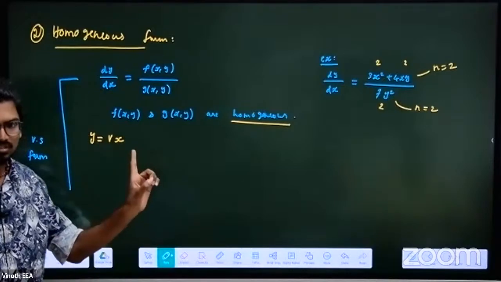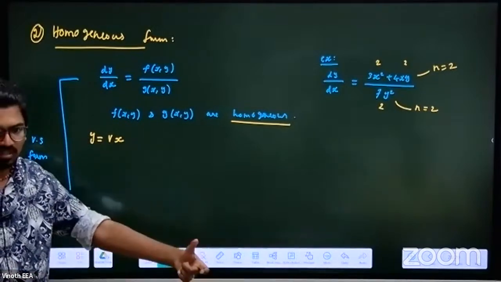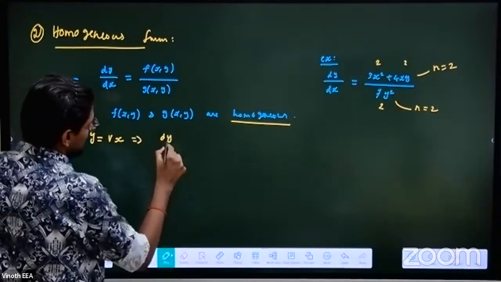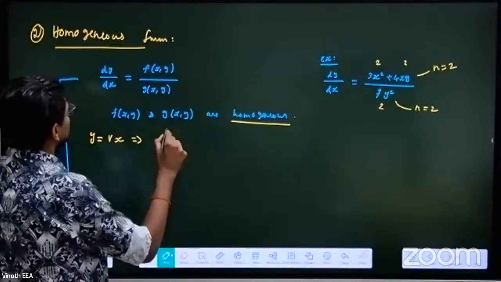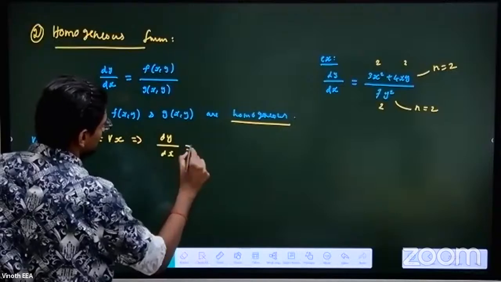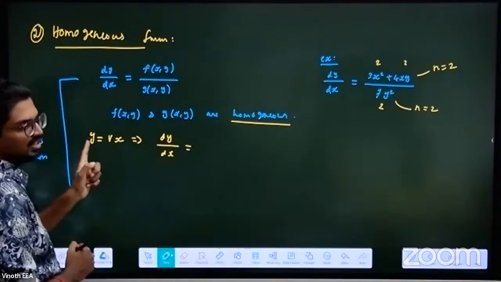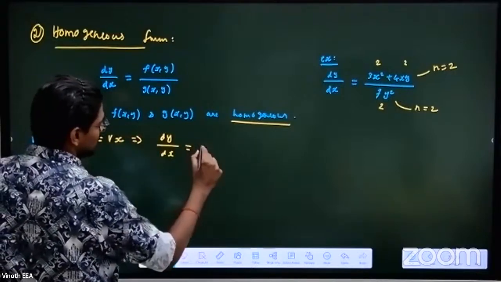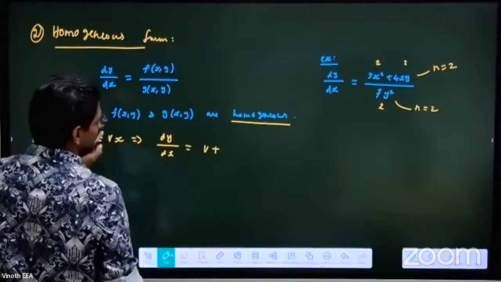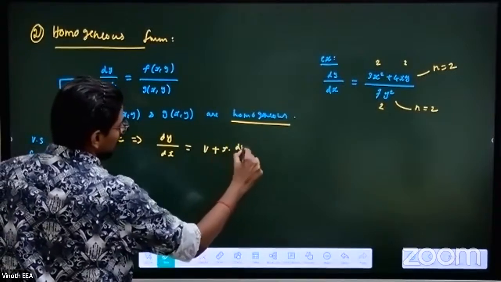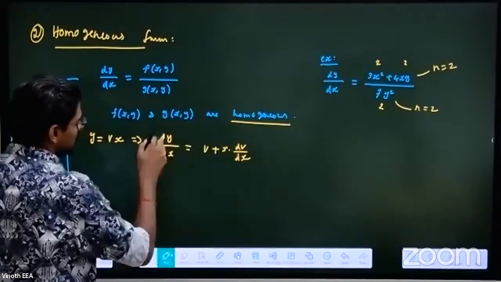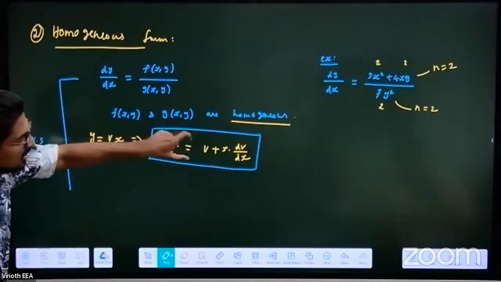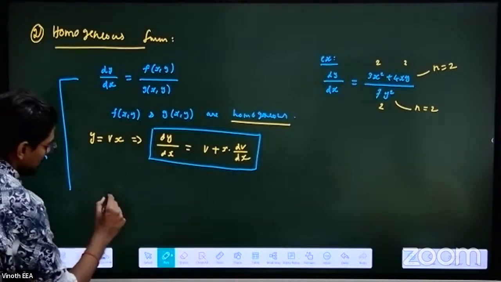V is also variable, x is also variable. I'm going to replace one variable in terms of other variable. If y is equal to vx, then what will be dy by dx? I'm differentiating with x itself. Okay, dy by dx will be equal to, both are variable, right? Keep one as constant, differentiate other. Keeping x as constant, differentiating v, that will be simply v. Keeping x as constant, differentiating v, dv by dx. I'm differentiating with x, right? So this is my equation. So wherever dy by dx is there, replace it with this. So dy by dx will become